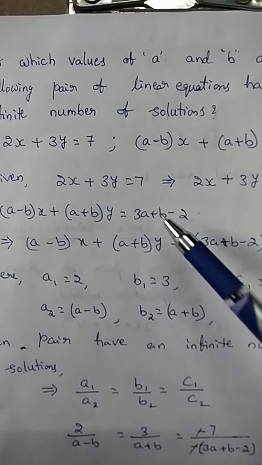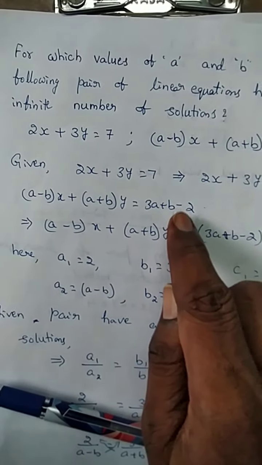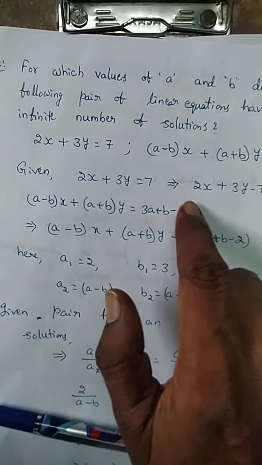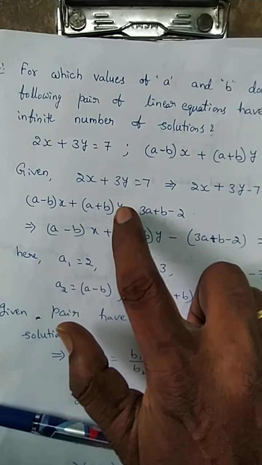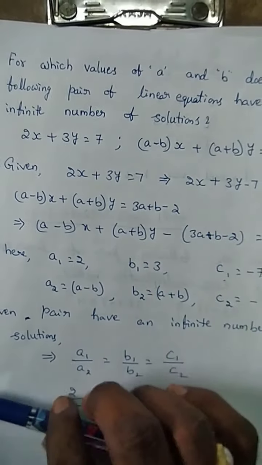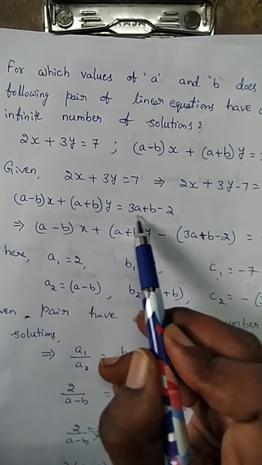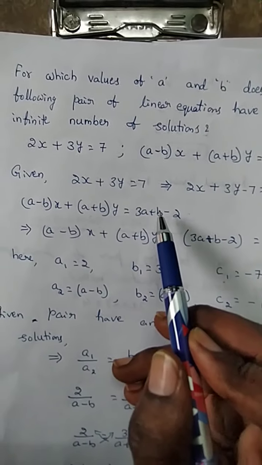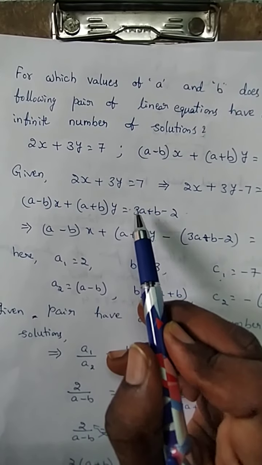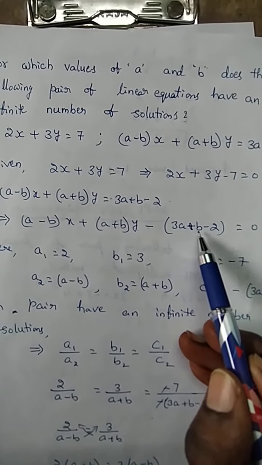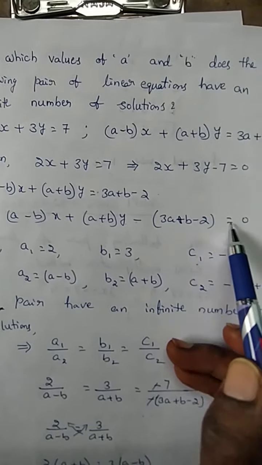So the total constant value will be transposed to that side. By simplifying, we are getting only one value here. That value is transposed to the other side, and the sign automatically changes, either negative or positive. Here we can assume that this total term is positive, so when transposed to that side, it changes to a negative sign. So a minus b into x plus a plus b into y, and the total term is only one constant. That constant is positive, so transposed to that side, it changes to negative. Then minus of 3a plus b minus 2 is equal to 0. Clear what I said? Minus of 3a plus b minus 2 is equal to 0.